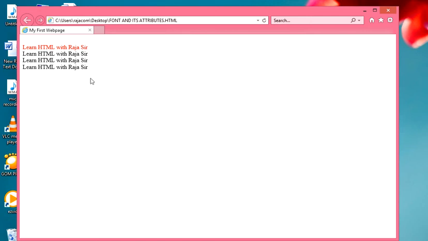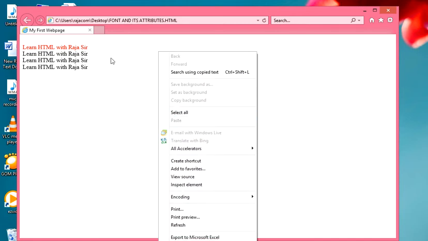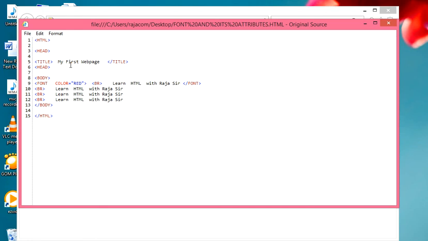Learn HTML with Raja sir. The first line is in red color and the rest of the three lines are in black color. I'm going to show you why. Right click on this blank web page area, and here you can see view source. View source will show you all the coding here.